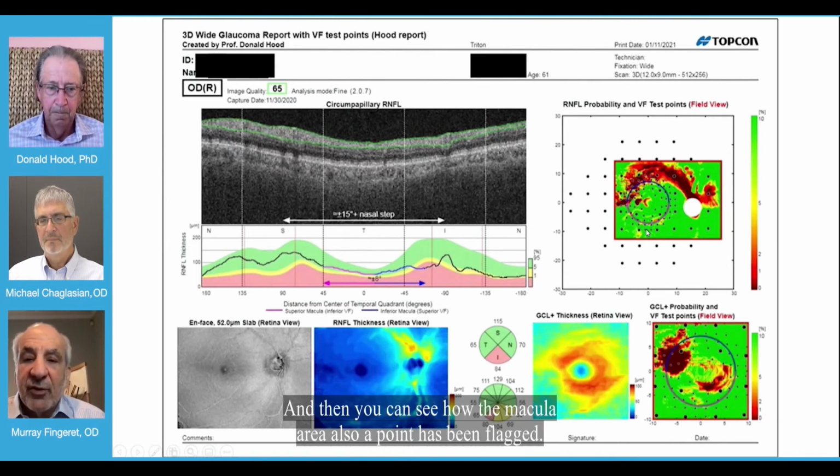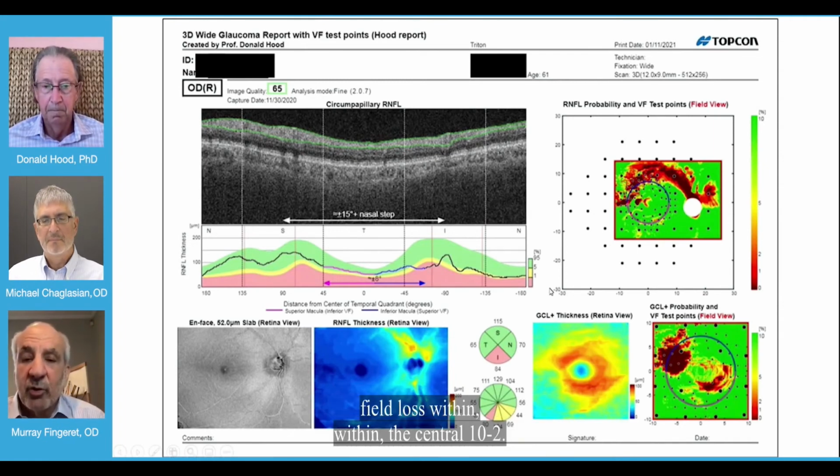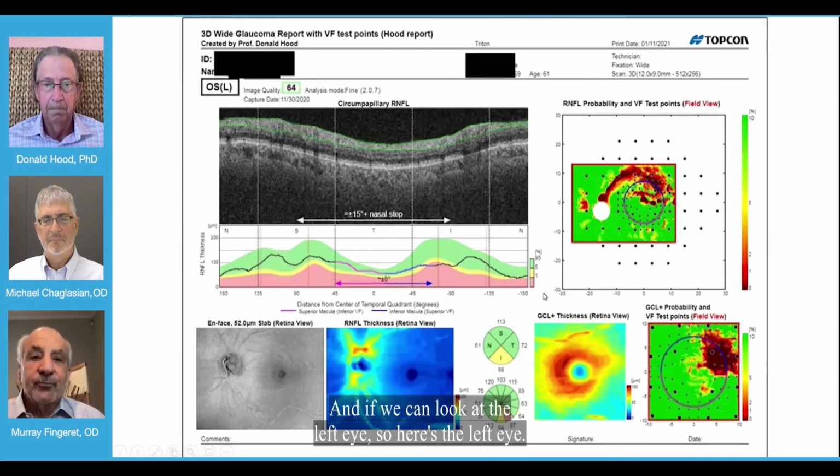And then you can see how the macula area also has a point being flagged. So, in this case, I would think that there's a good chance that there's field loss, and even field loss within the central 10-2. And if we look at the left eye, so here's the left eye,